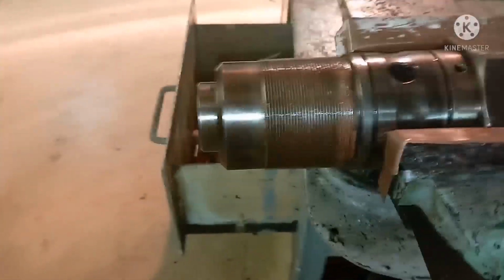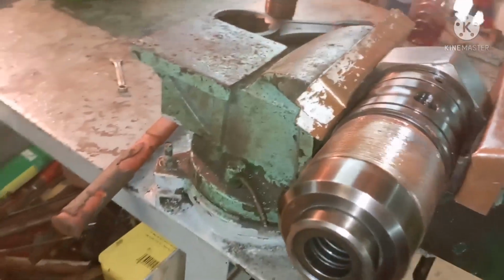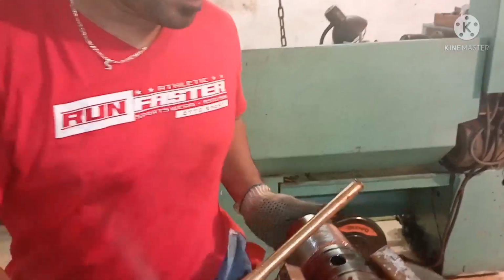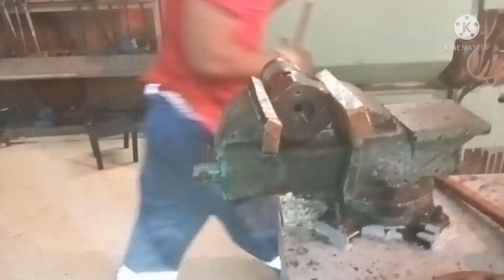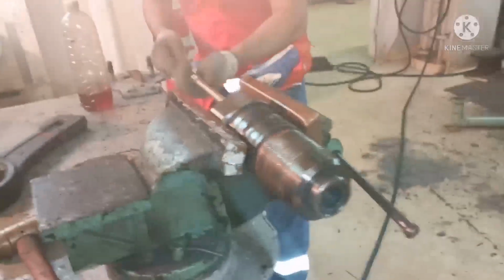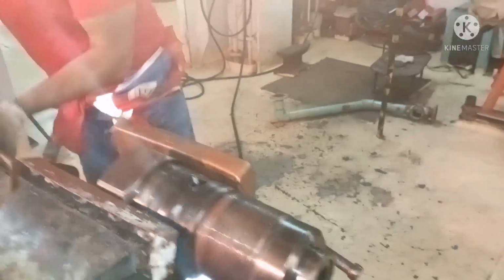Once we remove the air piston, we need to remove the seat, spring and the valve. For removing the seat, we need to use a copper rod or brass rod so that it doesn't damage the puncture valve parts. This is the brass rod that I'm going to use for removing the seat. All you need to do is fix the brass rod through the rear side of the puncture valve and hit it so that the valve can come out of the puncture valve body. You should not damage it, that's the reason we are using a brass rod. You have to fix it in a vise and hit through